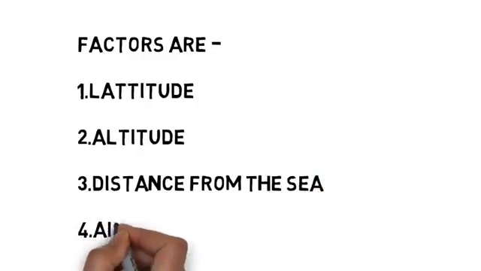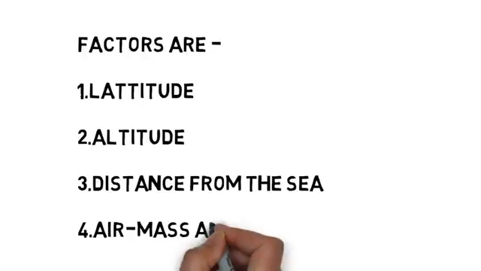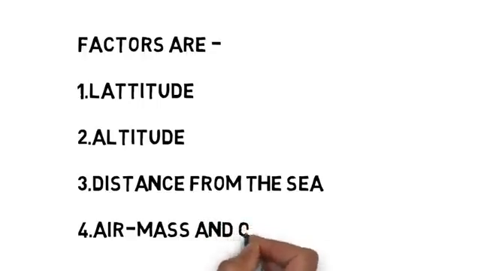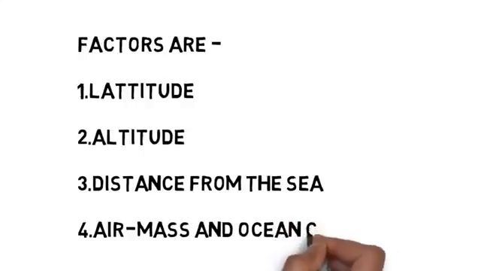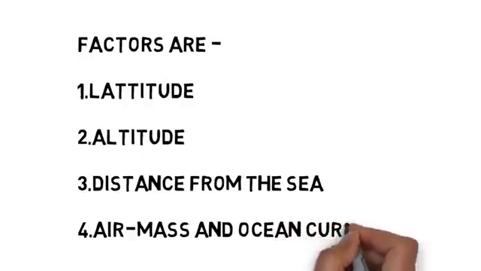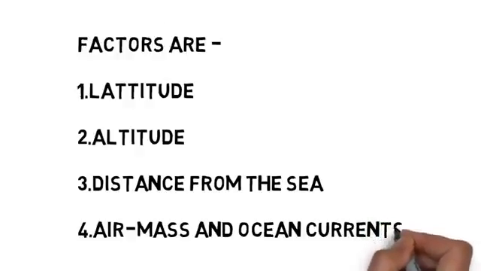Altitude is the second major control of temperature of a place, and since the atmosphere gets heated through air coming in contact with the heated surface of the earth, the air closest to the surface is the warmest, and the temperature decreases with increasing height above sea level. This is also known as the normal lapse rate. Distance from the sea also influences the temperature due to varying degrees of specific heat capacity.